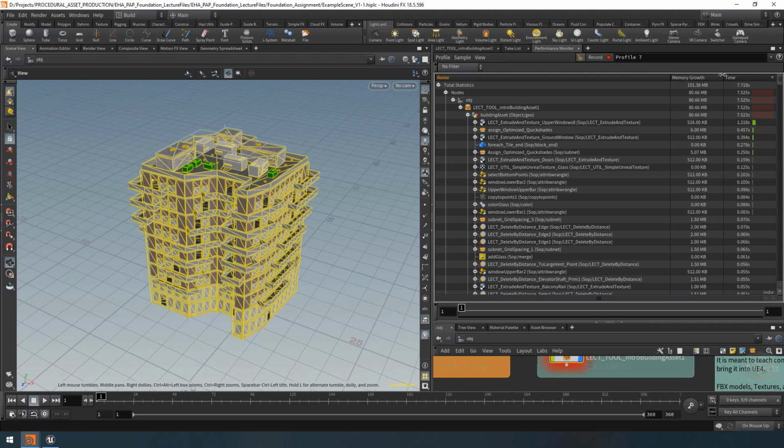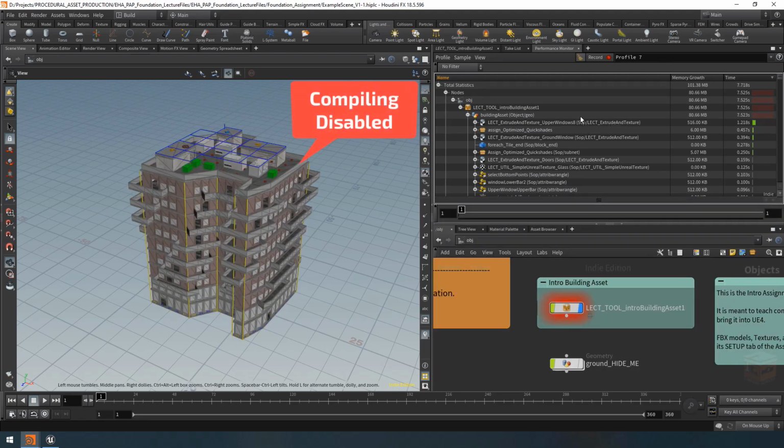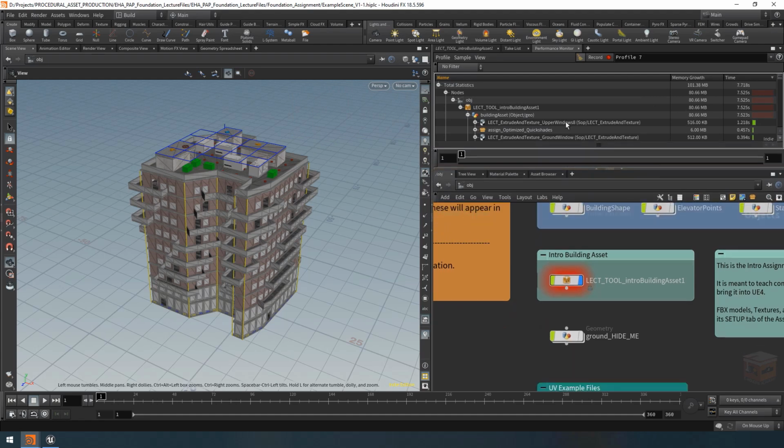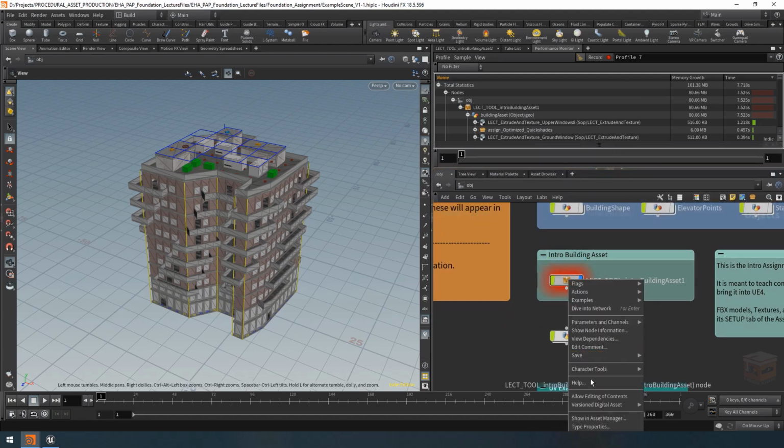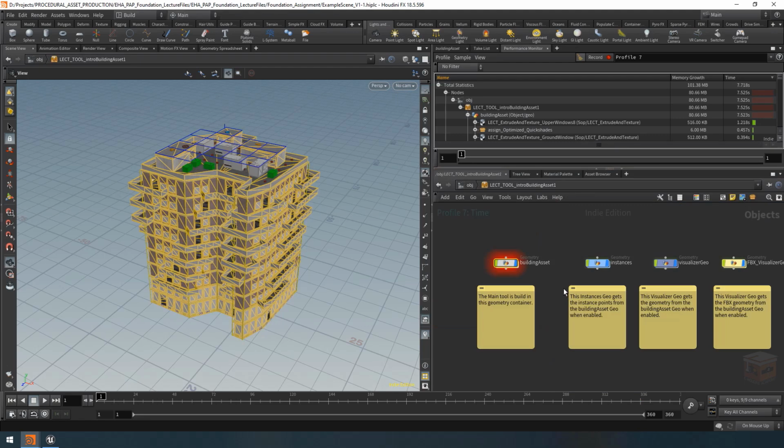Now the one we actually care about here is the time. And notice how some of these nodes are taking up a lot more time than others. Now at this moment the tool is not actually compiling. As a result, to make this building, it took 7.5 seconds to compute everything. Now because we have this readout, we can also find out where our bottlenecks are. So if I open up my tool for a moment and dive inside,